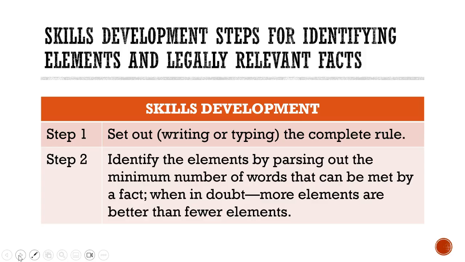And the second step is to parse out all of the elements of the rule. The author of the book does present this as you could take pieces and parts of the rule, parse it out, in other words, to an element, maybe using fewer minimum number of words that can be met with a fact. I don't recommend this for beginner researchers. I recommend you put the full rule and all pieces in and keep all the text about that element together in that element